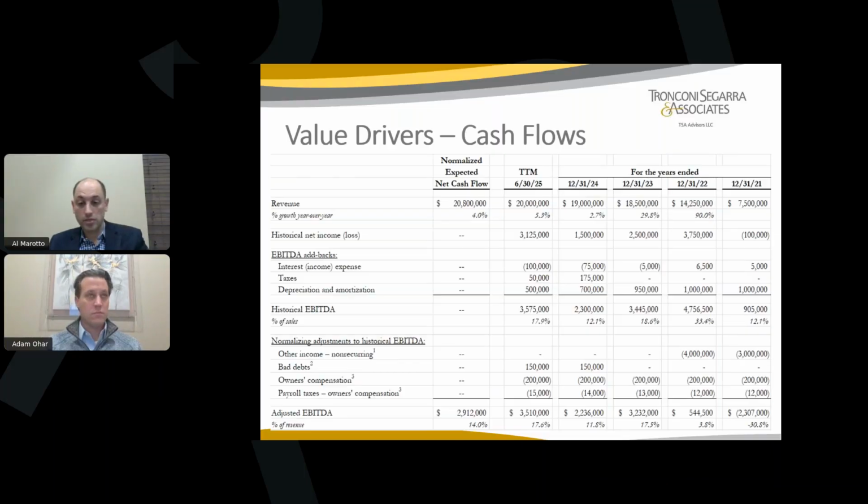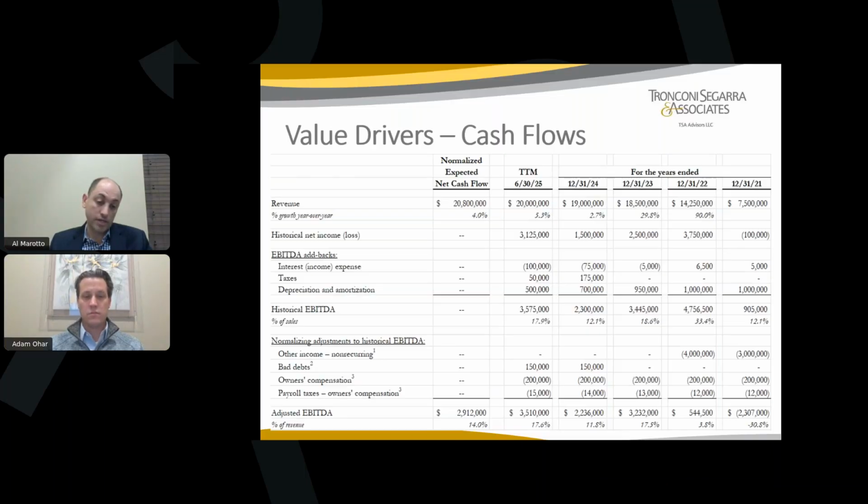So if we were to do the valuation in '21 and say this represents future operations, let's use the capitalized earnings approach, we would probably understate the value of the business based on that specific situation. It would be smart for us to forecast '22, '23, '24, and '25 based on discussions with the client and all the other things that I mentioned that we consider: national economy, regional economy, et cetera. But once we get to historical EBITDA, we clean it up with our normalizing adjustments, and this relates back to those non-operating, non-recurring items.